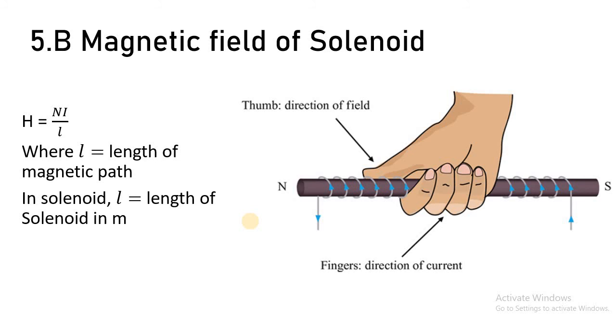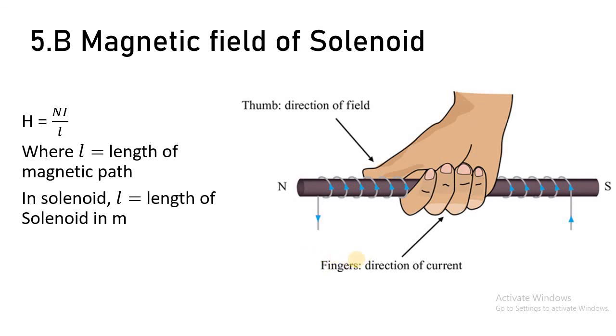Number of turns of solenoid. Very good. Because I can keep the same rod, and if I am taking only 2 turns, then the length of solenoid is very small. But if I take the same rod and take, suppose, 50 turns, then compared to the 2 turns length, the 50 turns length has increased, so the length of solenoid has increased. That is again in meter. So H is equal to Ni upon L, where L is the length of solenoid. Everybody understood now?